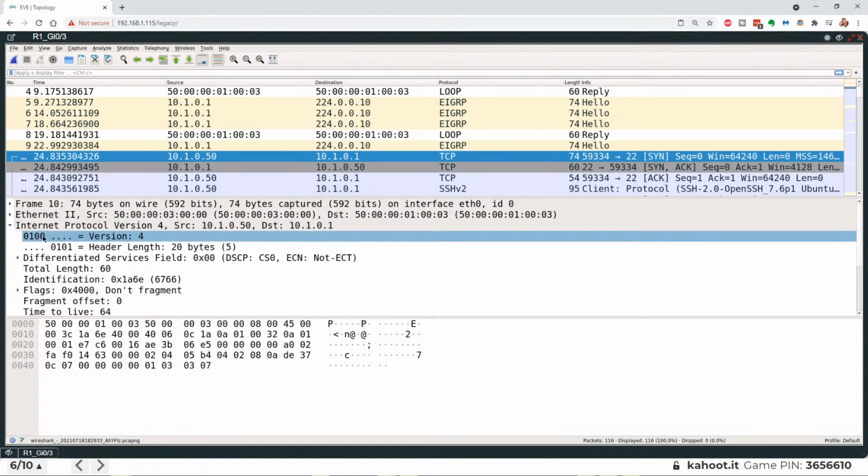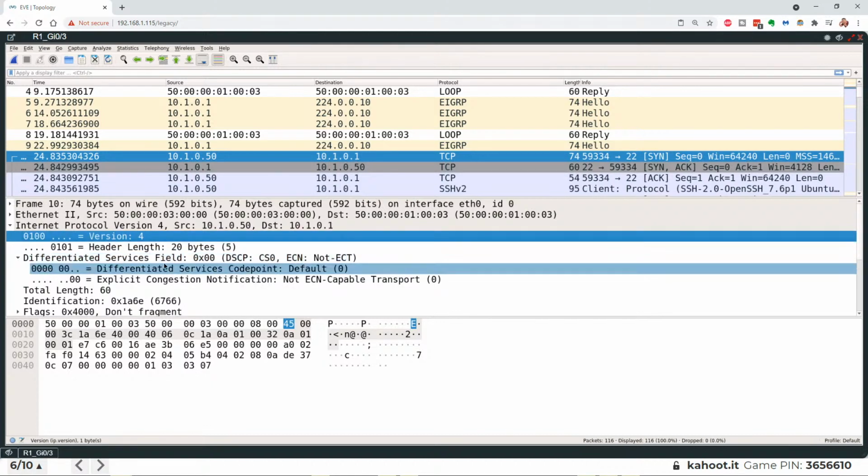We expand it. Look at this right here. In the IP header, it's showing this field, the differentiated services field. That's DSCP. Look at all the bits. Those 6 bits, see how they're all zeros? That means that if a router was trained to look at those bits on making a decision, which they're not by default, unless you set up a QoS policy, this would not get preferential treatment.